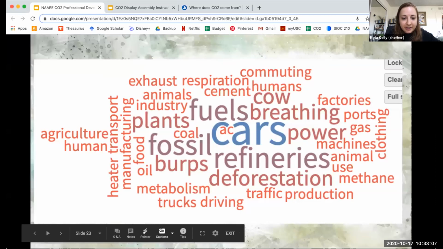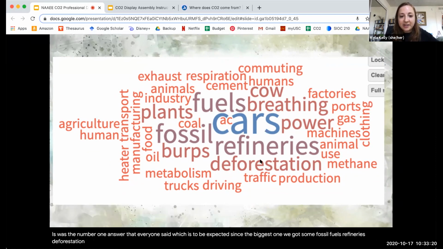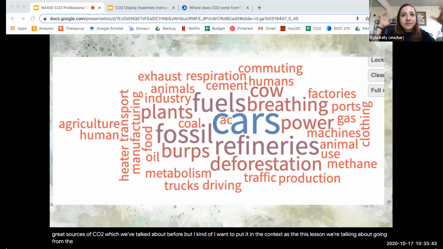So clearly cars was the number one answer that everyone said, which is to be expected since it's the biggest one. We got some fossil fuels, refineries, deforestation, cows, of course, and burping came up, which is an important source. Metabolism, truck driving, agriculture. So these are all great sources of CO2, which we've talked about before, but I kind of want to put it in the context of this lesson, where we're talking about going from the global scale